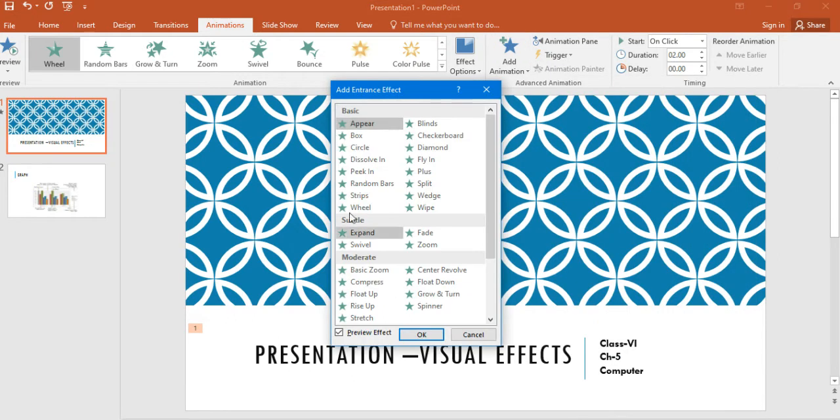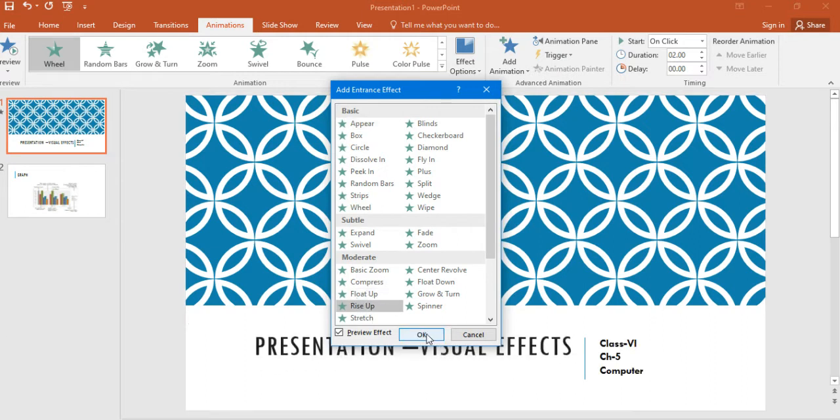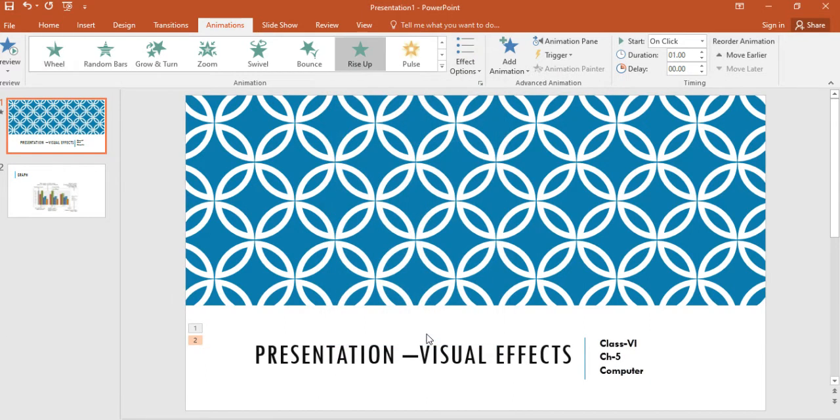Just click on it, and from here you can select any one, and after that click on OK. So in this way you can select any effect for your text, for your image, for your text and image, right? So this is how you can apply animation effect on your text.